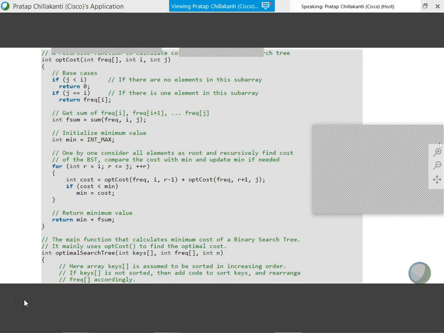Actually, that's interesting. What if the minimum cost can exceed the maximum value of the architecture? It depends on whether it's a 32-bit or 64-bit architecture, right? An integer is 4 bytes, 2 raised to 32, that is about 4 gig.